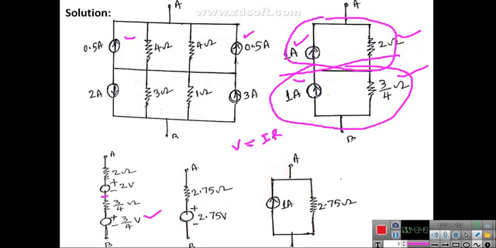Now what happens: the dissimilar polarities are connected in series, so therefore you need to add these two sources. So 2 plus 0.75, that is 2.75 volts, is the equivalent voltage source. And the equivalent resistance, these two are in series, so 2 plus 0.75, so 2.75. This is your single equivalent source in series with the resistance. What is asked is a current source in parallel with the resistance, so again you convert this into a current source.